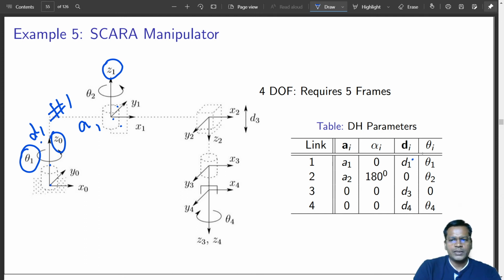Okay, so this and this is verified. There is no angle between the Z axes, so it is 0. The only joint variable is theta 1, which comes here. Coming to the next,